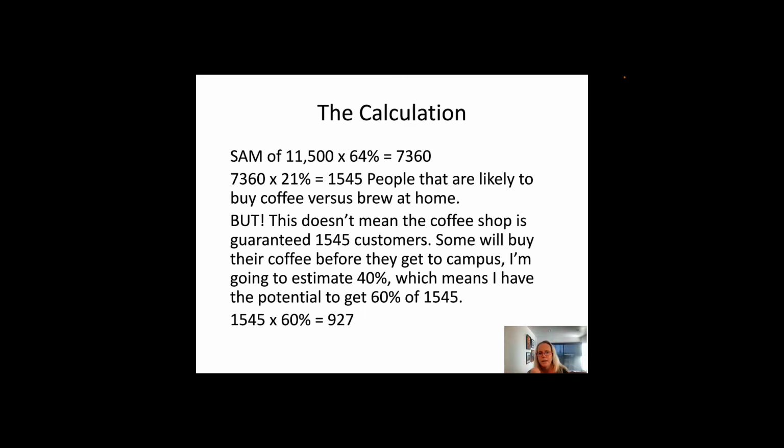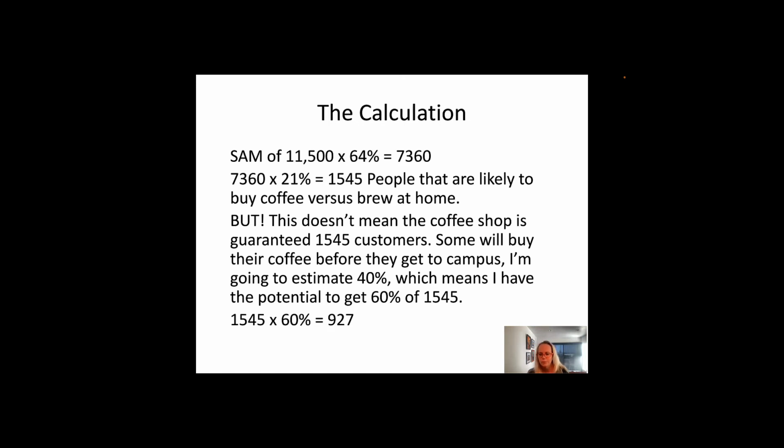I can get to that educated guess by asking people. I can get to that educated guess by observation. I can get to that educated guess by making a reasonable estimate. So 1,545 multiplied by 60% gives us 927